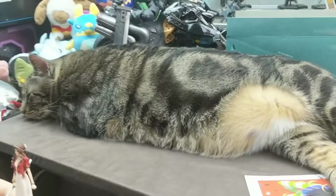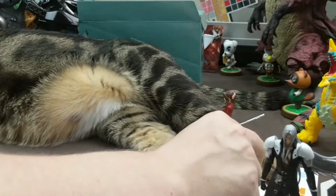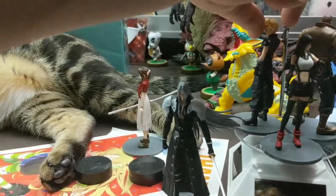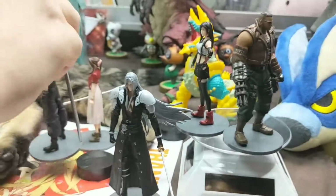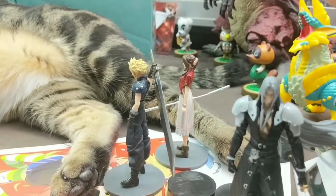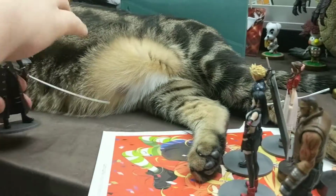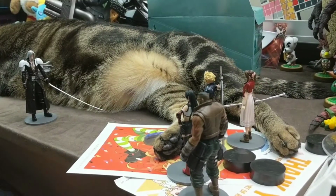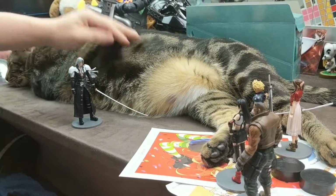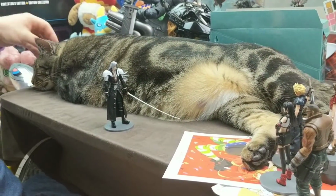As you guys can see, we had a behemoth come and try to pick a fight, but then he just took a nap, so we're going to go ahead and get everyone here lined up. He managed to walk over all of them and didn't knock any of them over. He's such a good boy. So there you have it, everyone. We have the whole party here to fight against Sephiroth and his summoned behemoth. Although that probably puts everyone in Sephiroth's court now, so...